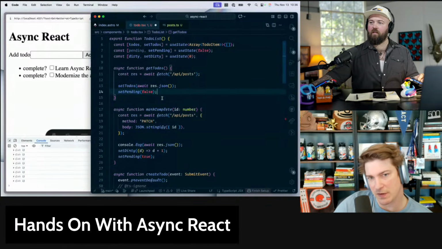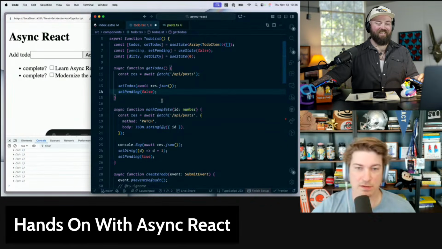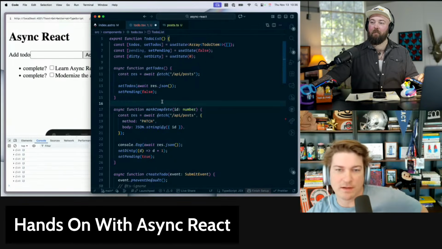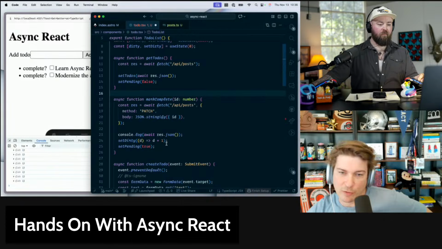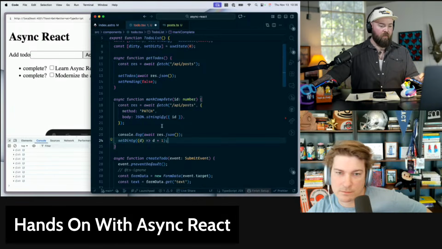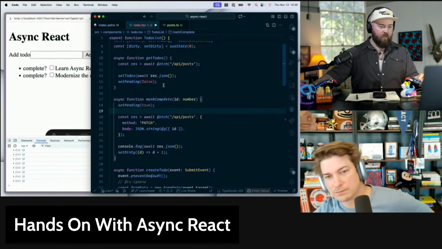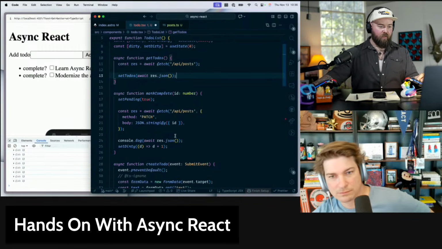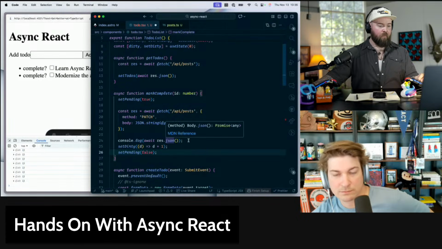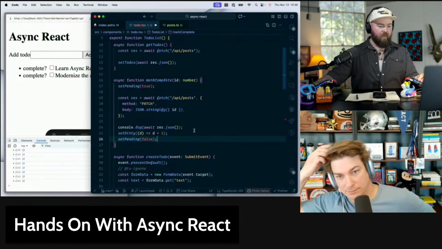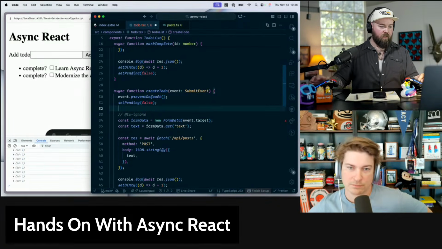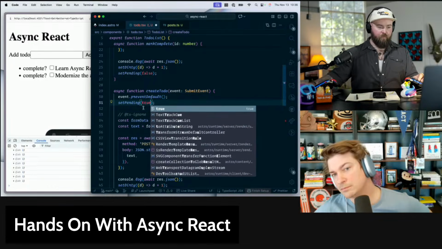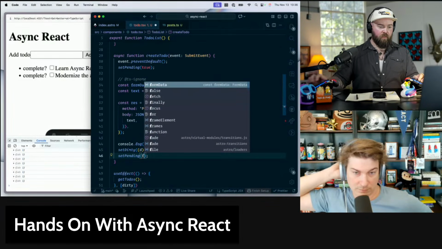Yeah, that's going to have a bunch of bugs with it, but the other way has a bunch of bugs too. The way people would typically do this would be in mark complete or create to-do. You would set it to true before you do the submission, and then you would set it to false. Oh, right. Yeah, that's smarter. Why don't we do it that way? We'll start it up at the top, then we await everything, and then we undo the damage at the bottom. So that makes more sense. So down here, we'll do the same thing. That one's going to be true, and then down here, we'll set it to false.